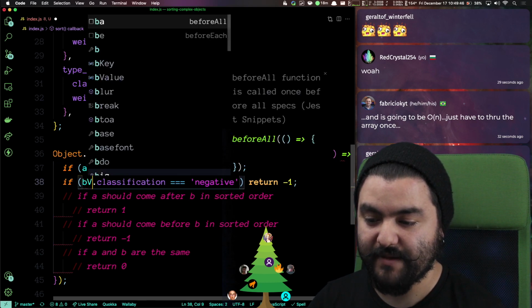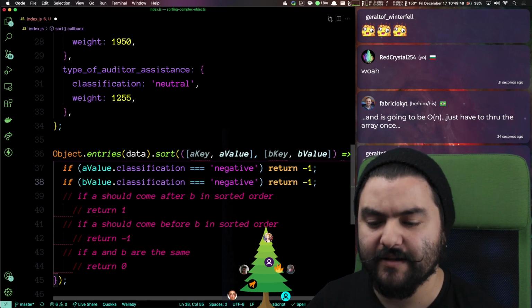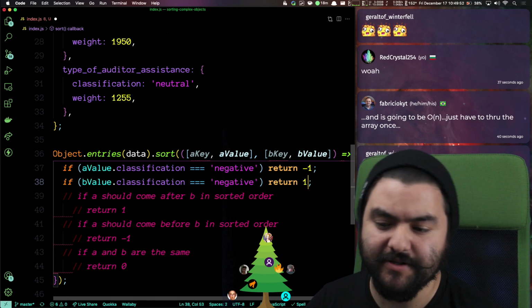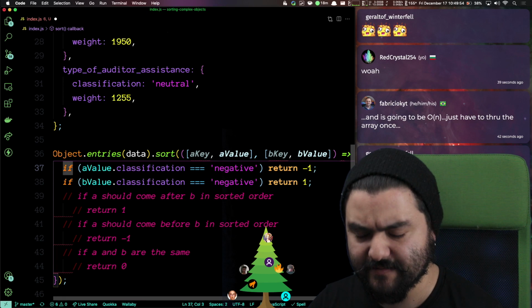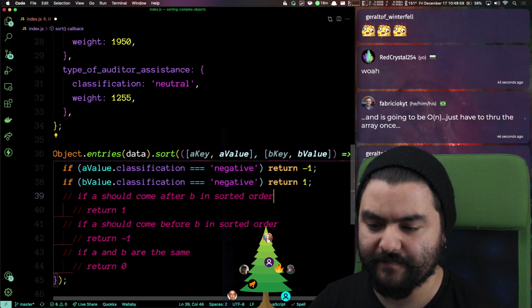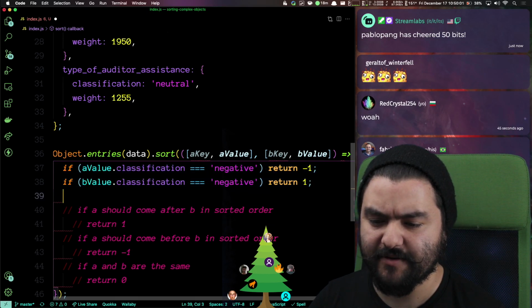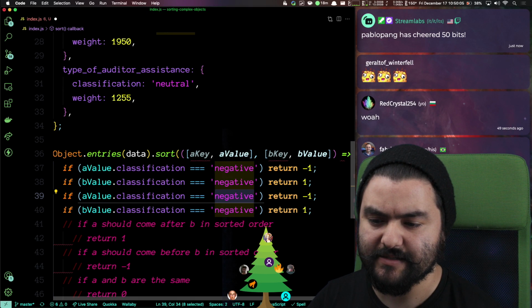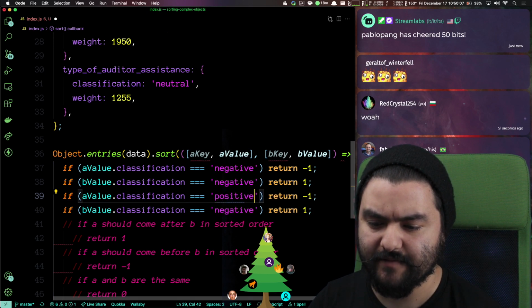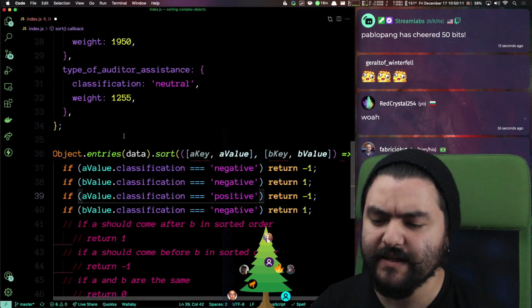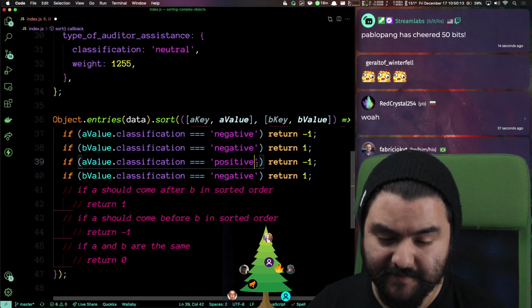And then if B value classification is negative, then A should come after it because A wasn't negative. And then we could do a similar thing. So if A value dot classification is positive, so we want negative then positive. So if A is positive,